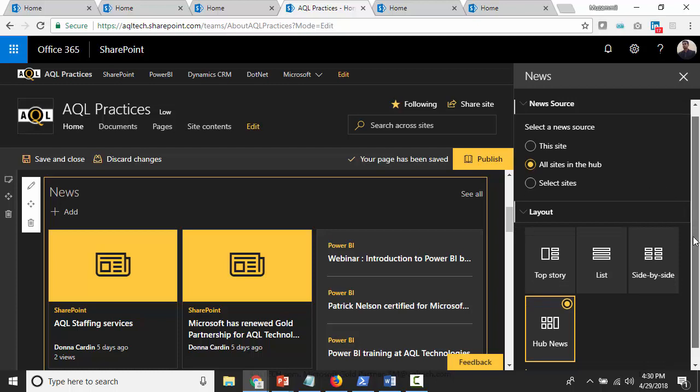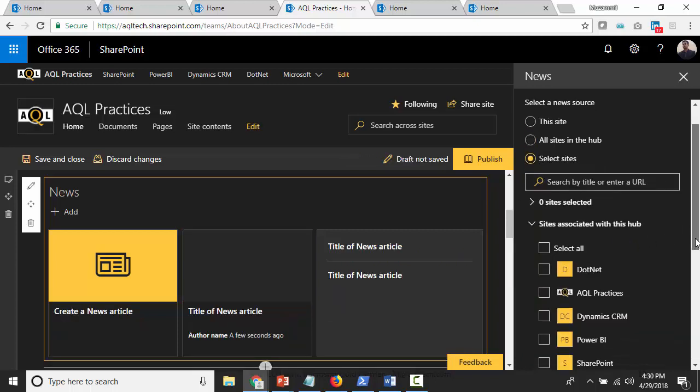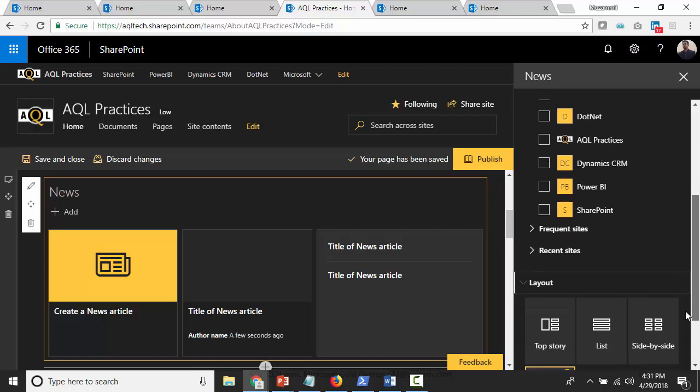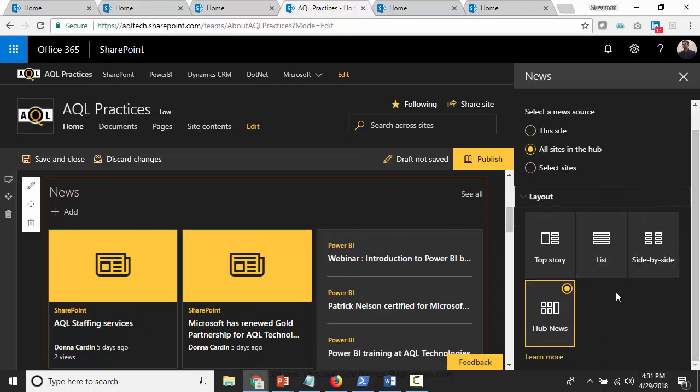I can actually click on select sites also, which shows me all the sites which have been associated with this hub site. So these are all the associated sites. I'm going to choose all sites in the hub site, scroll down, hit X out,